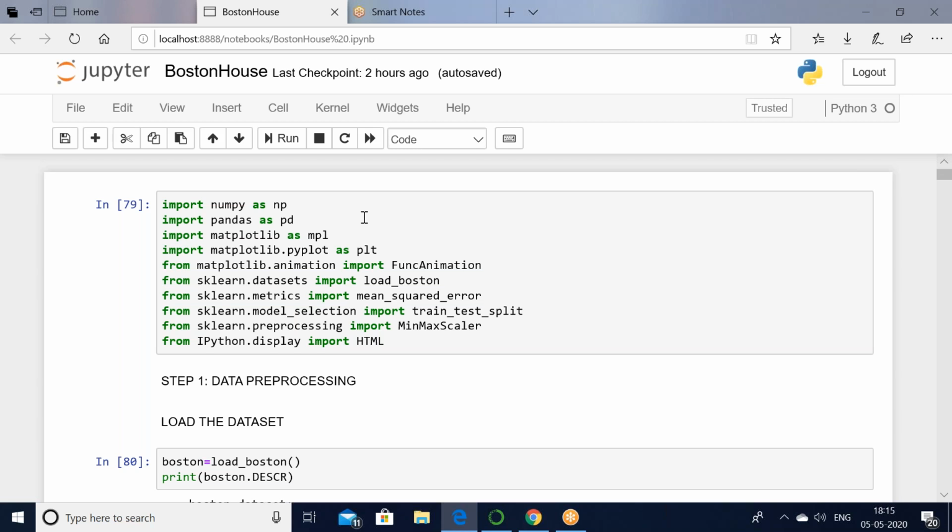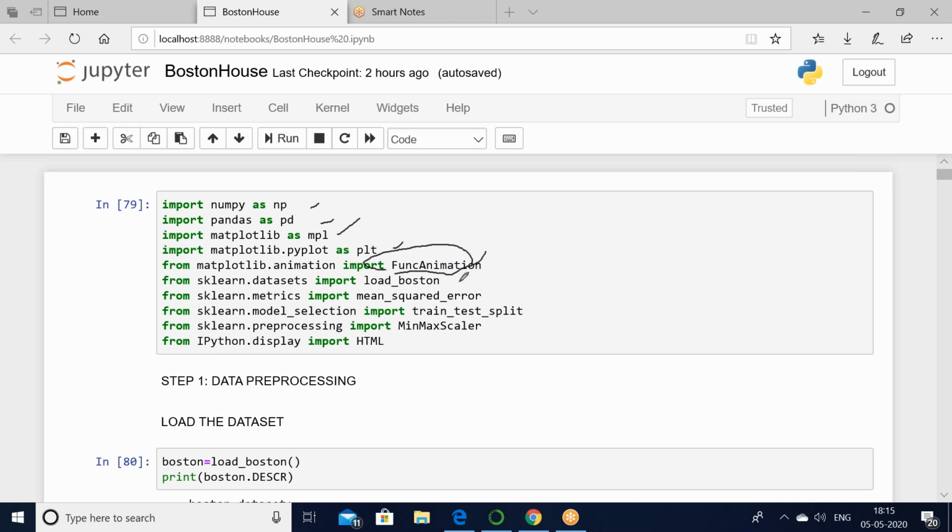First of all, in order to predict the price of a Boston house, we import the different libraries: import NumPy as np and Pandas as pd, then Matplotlib for mathematical plotting, plotting of the graph, and animation of the functions.